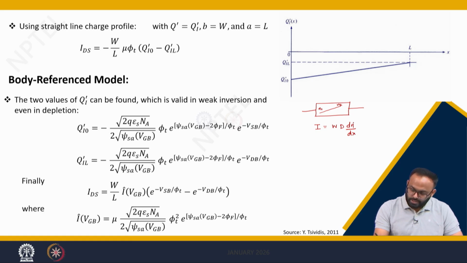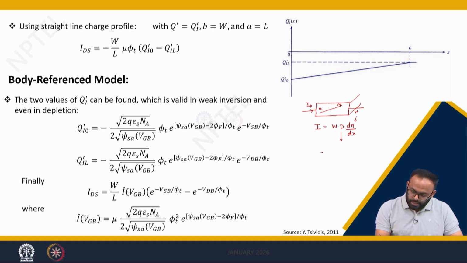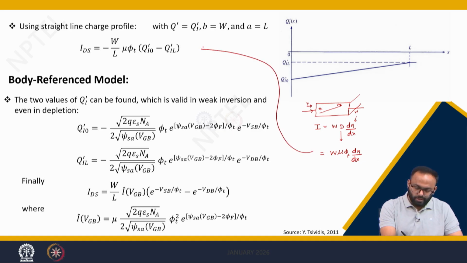You should take care about the sign of this gradient of electrons, right. So, this is the current flowing in the semiconductor bar, let us call it ID, and this is the width of the semiconductor bar, that is W. Here D is the diffusion constant, which by using the Einstein relation we can replace by mu into phi t into dN by dx. The same approach we have already followed to calculate IDS2, which is nothing but